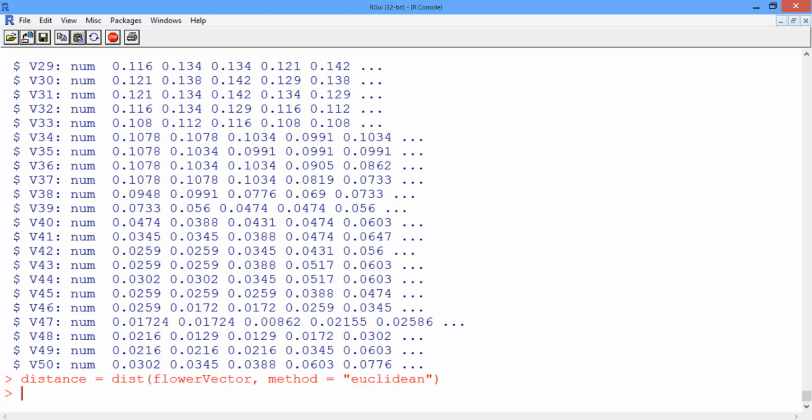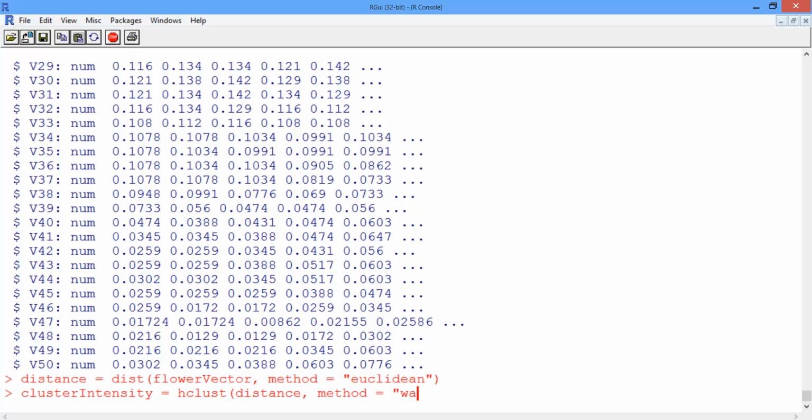In our previous video, we found the distance matrix, which computes the pairwise distances between all the intensity values in the flower vector. Now we can cluster the intensity values using hierarchical clustering. So we're going to type cluster intensity, and then we're going to use the hclust function, which is the hierarchical clustering function in R, which takes as an input the distance matrix, and then we're going to specify the clustering